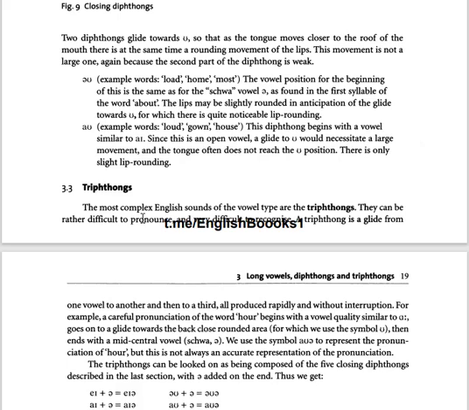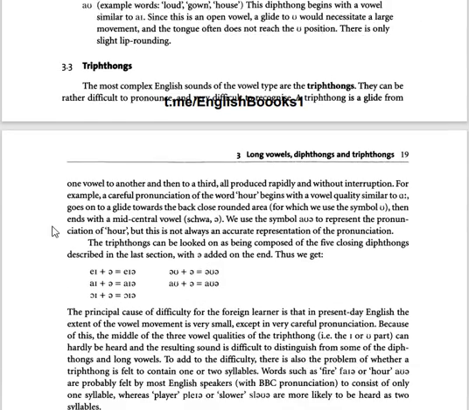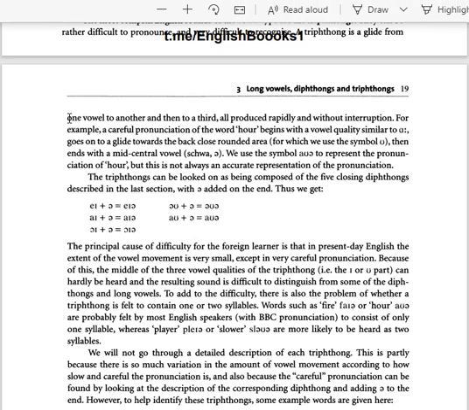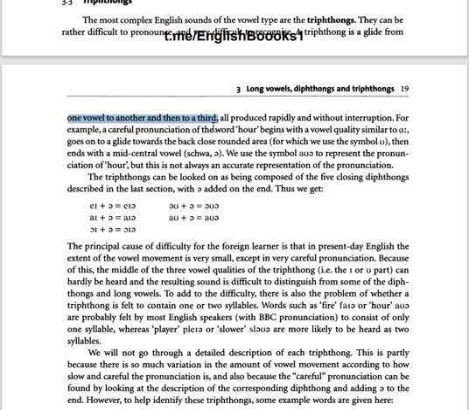And very difficult to recognize. A triphthong is a glide from one vowel to another and then to a third. The most important thing to focus on is one vowel to another and then to a third, all produced rapidly and without interruption. For example, a careful pronunciation of the word